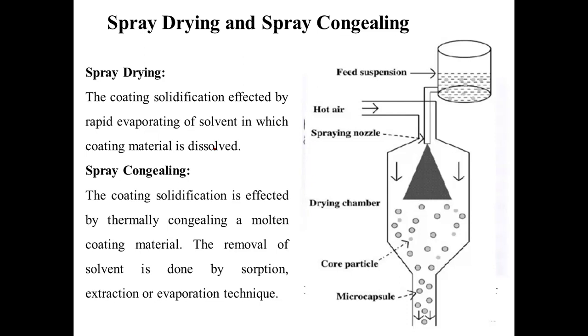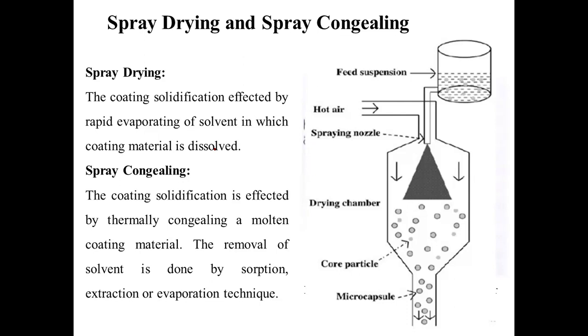In practice, microencapsulation by spray drying is conducted by dispersing the core material in a coating solution in which the coating substance is dissolved and the core material is insoluble, and then atomizing the mixture into an air stream, where the microencapsulation is carried out. The air is usually heated and supplies the latent heat of vaporization which is required to remove the solvent from the coating material, thus forming the microencapsulated product.